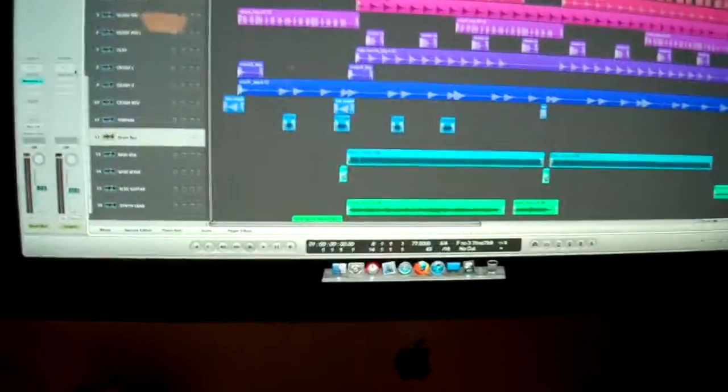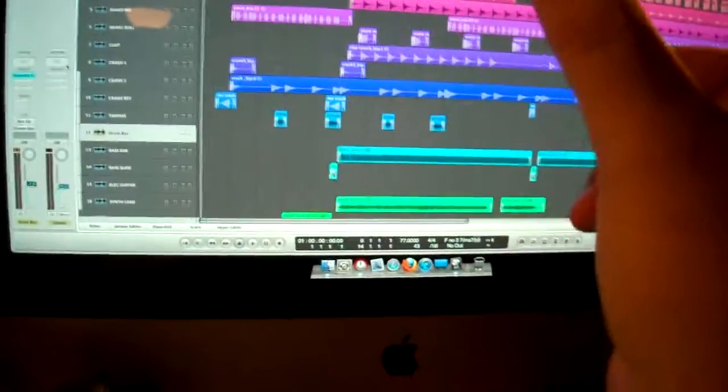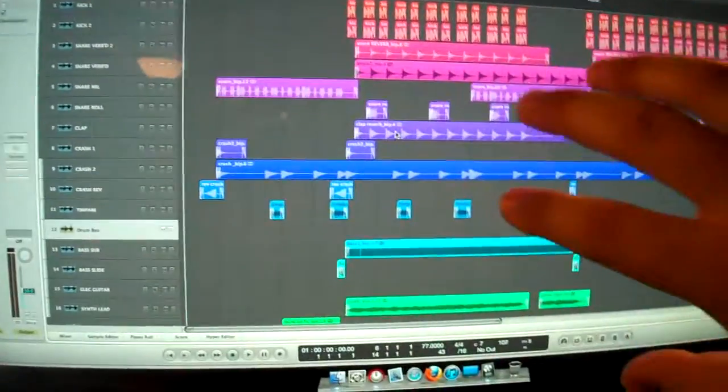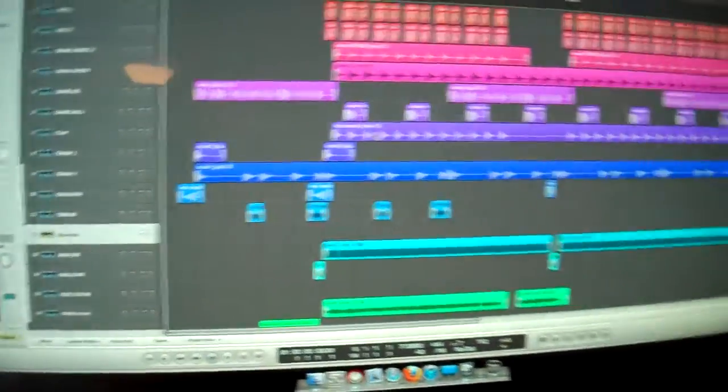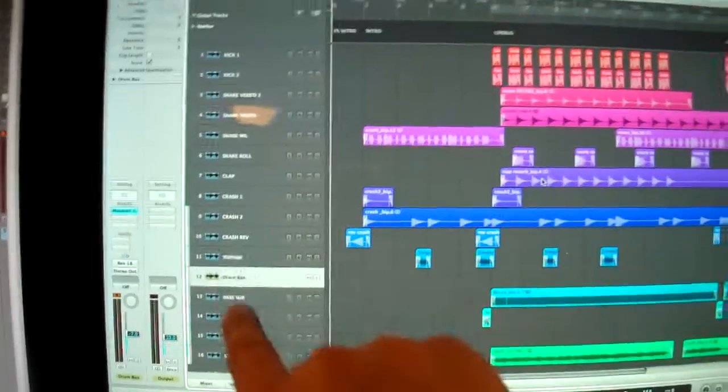And then I can add different EQing or compression to that one track after I've EQ'd and done whatever to the individual tracks. So this has two kicks, four different snares, a clap, two crashes, and then a reverse crash and a timpani. So that's all the drums together. I send all of those. First of all, I go through them all and I EQ them all individually, and if any of them need a little bit of compression here or there, I do that, and then I send their output all through